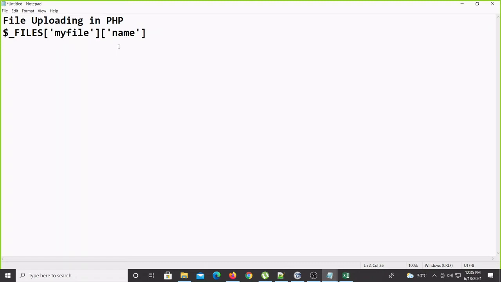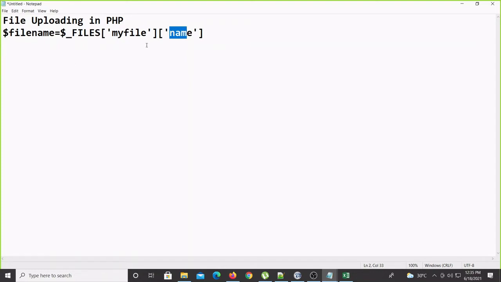If you write it like this, then it will return the file name of your browsed file, whatever the file name, and you can store that anywhere you want. So filename equal to $_FILES, then the file name, that input box whatever you gave the name for browsing purpose, and then the syntax is name. So this will give the file name.